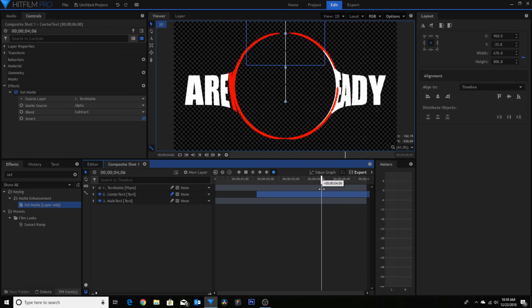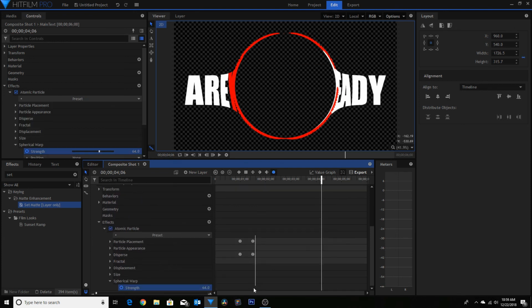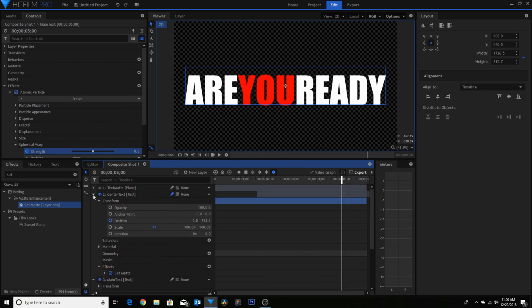So let's come to the 4-second mark. We'll twirl down the main text again. We can see we still have all these keyframes available for the strength of the spherical warp and the radius. So let's select these 2 keyframes. We'll go Control C, copy them, Control V, and we'll put it in place where the timeline is, or where the cursor is. Then we'll come forward and we'll select these keyframes, Control C, and then Control V, place them there. And if we play back our animation now,